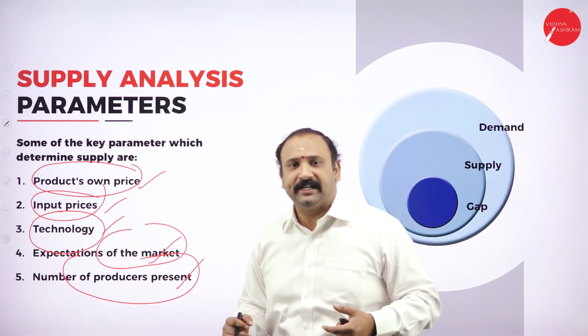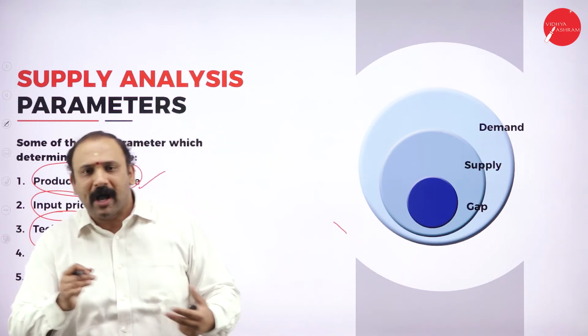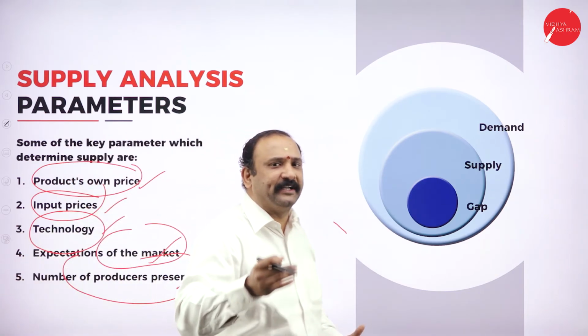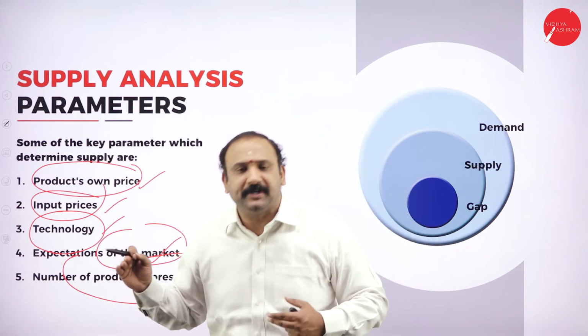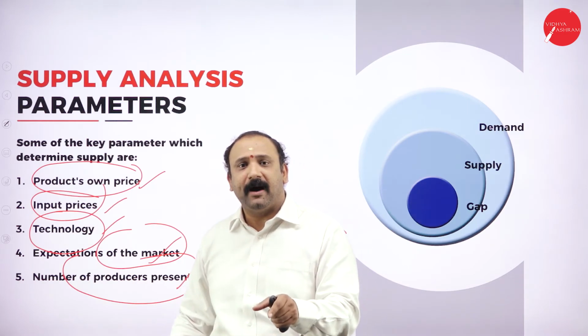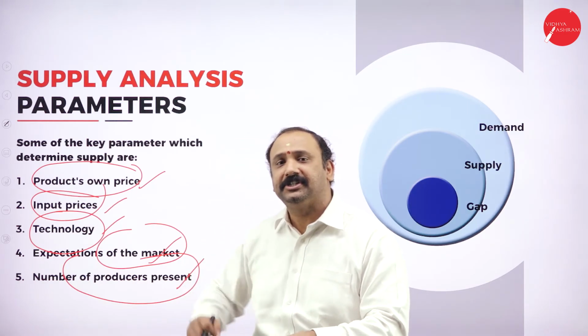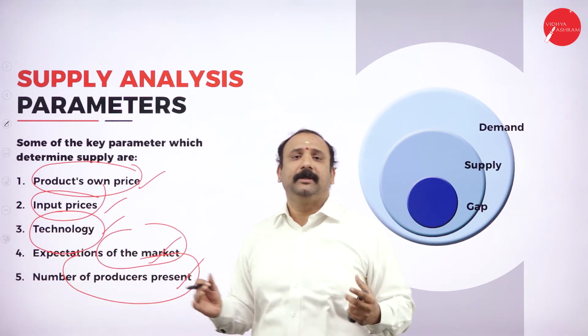So the moment I go ahead and say, sir, I want to start a sports goods manufacturing business today, you have n number of people. You have a Nike, you have an Adidas, you have a Reebok, you have a Puma, you have a Skechers, you have every single person in that line. So for me, the existence in that particular market is accepting competition and growing with it. I cannot avoid competition and say that I'm the only person and I will survive.